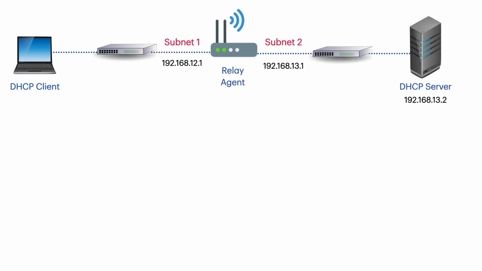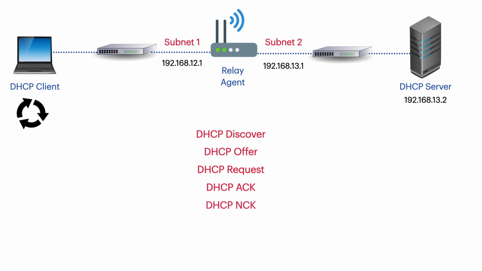So, to obtain the initial IP configuration settings, discover, offer, request and acknowledgement messages are triggered. However, if the DHCP server finds that the IP address requested in the request message has been allocated to some other client, or the client has moved to some other subnet, the server replies with a negative acknowledgement message. The client then restarts the IP configuration process.